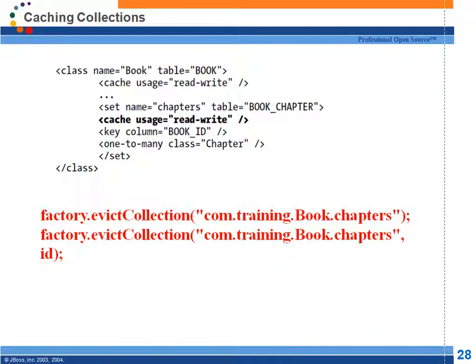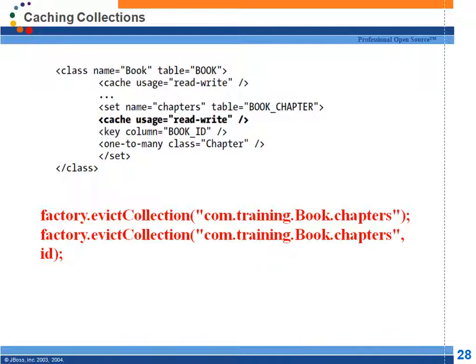So, the book object is stored inside its own cache region, in the book class region, and in the book object, it will be having references to these chapters. These chapters will be actually stored in collection cache. Collections will have a separate cache region, but only their identifiers are stored, actual objects are not stored. In the collection cache region, only identifiers of these entries will be stored, right?